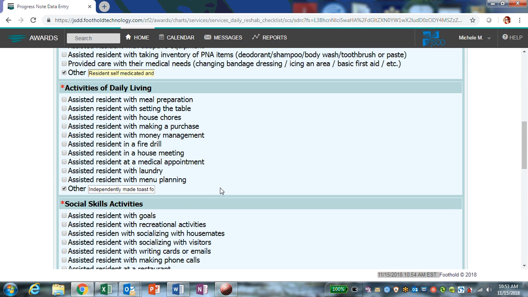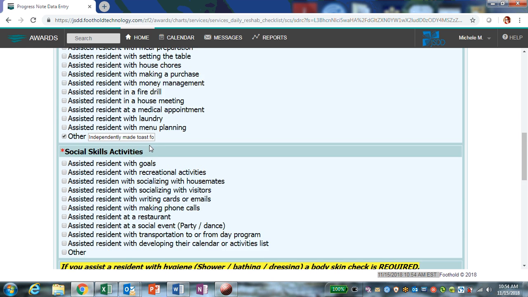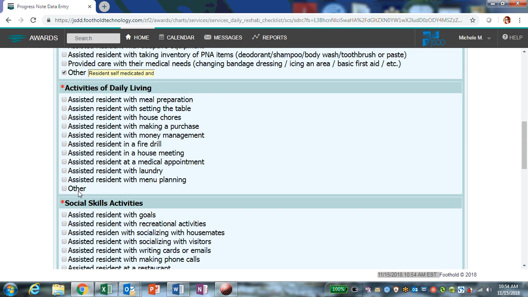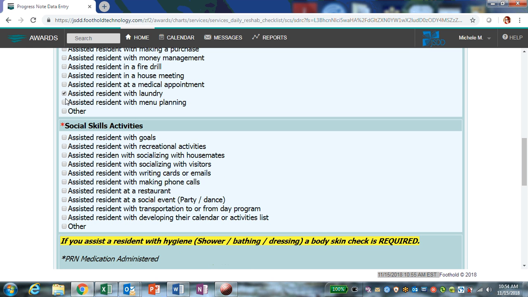Okay, so that resident was able to do that independently. There wasn't a fire drill or house meeting that occurred. Again, if the person is not independent in any of these things, I'm selecting all that apply. So do meal prep, table setting, maybe the house chores to make a meal, and so that's the chore. Money management, no medical appointment, but let's say they did their laundry first in the morning before they went to the program. That seems a little difficult, but